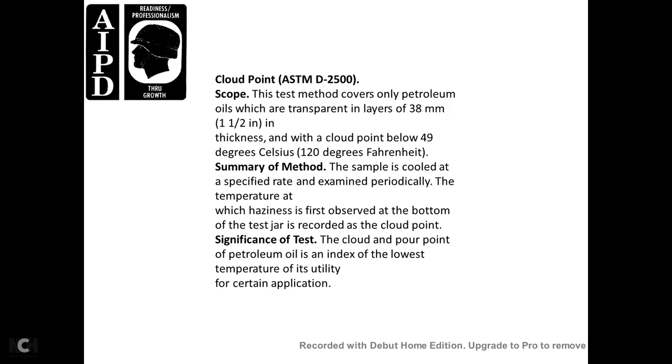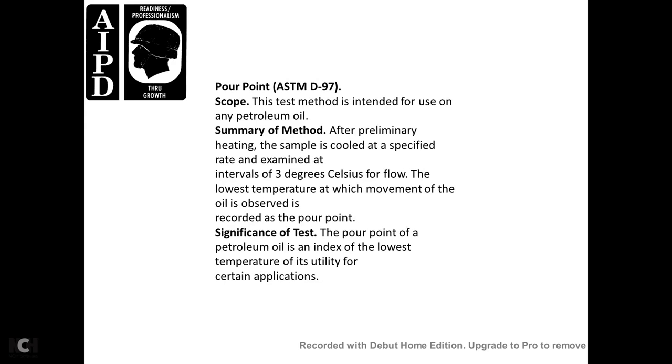Significance of the test: the cloud point of petroleum oil indicates the lowest temperature of its utility for certain applications. Pour point, ASTM D97. The test method is intended for use on petroleum oils. Summary of the method: after preliminary heating, the sample is cooled at a specified rate and examined at intervals of 3 degrees Celsius for flow. The lowest temperature at which movement of the oil is observed is recorded as the pour point. Significance of the test: the pour point of petroleum is an index of the lowest temperature of its utility for